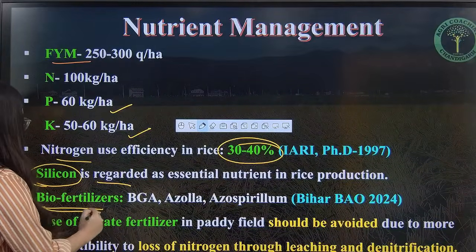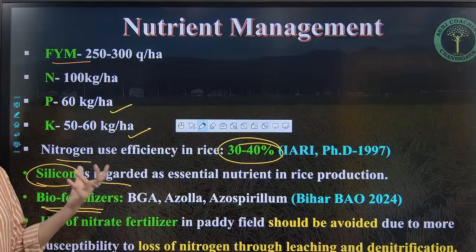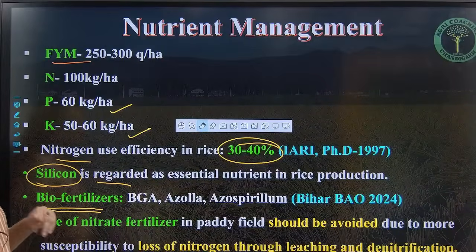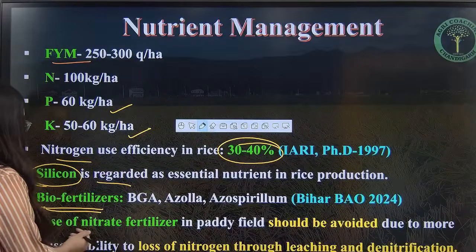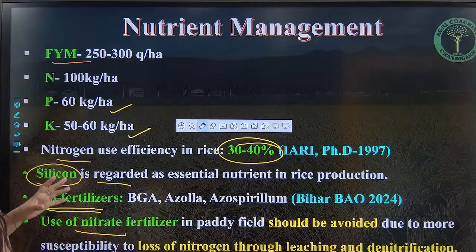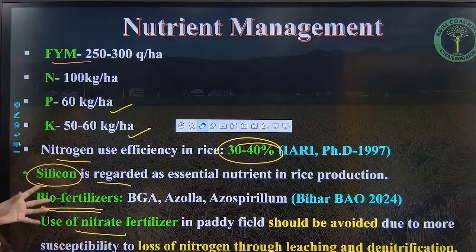Biofertilizers. So what are the optimum biofertilizers for your paddy? BGA, that is blue green algae, azolla and azospirillum. Okay, so see, it was also asked in one of the exams of Bihar. Then use of nitrate fertilizer in paddy fields should be avoided due to more susceptibility to loss of nitrogen through leaching